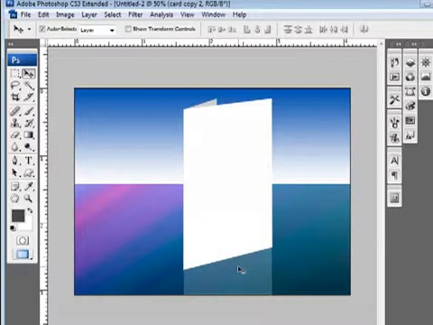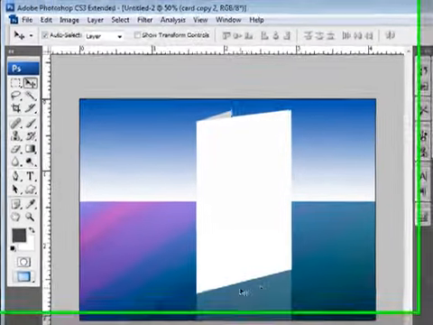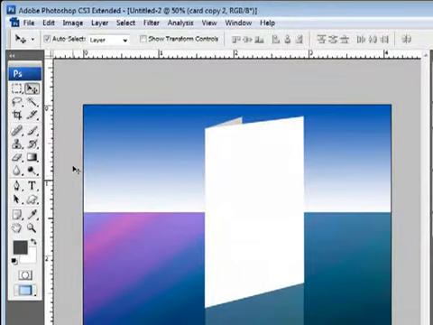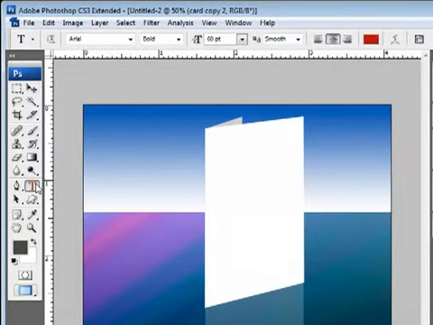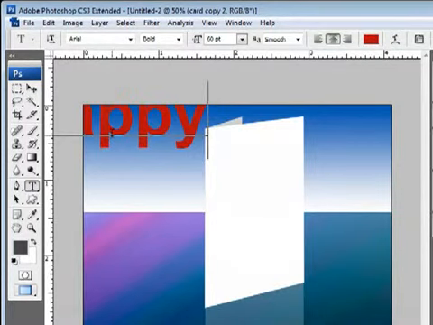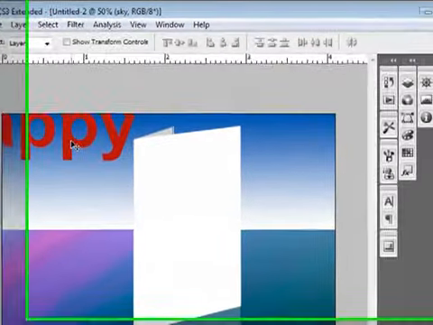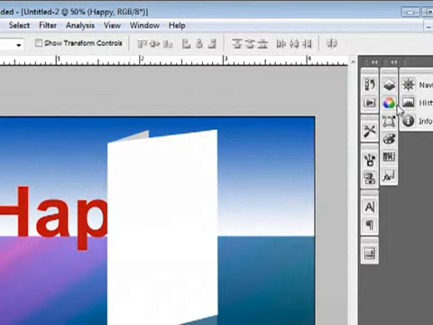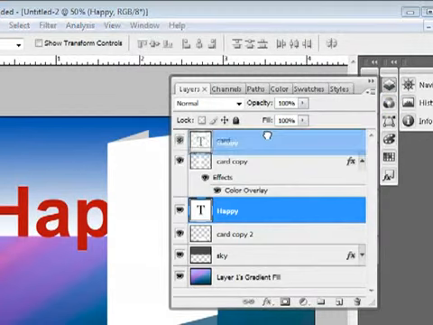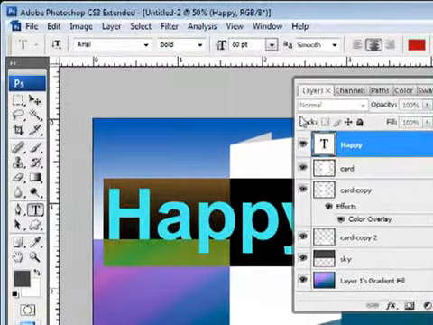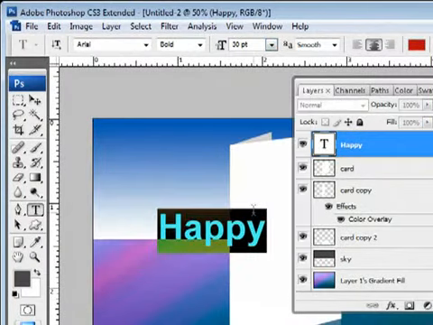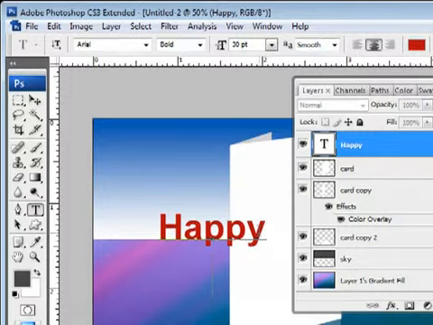Okay, so now that we're done with that, the next step is to actually add the text and the graphics. So let's go ahead and add on some text. First thing is we create a brand new layer, and we're going to type in Happy Valentine's. So happy, and that's really massive, gigantic. So let's just bring that down for a minute here. And I'm going to come to my layers, make sure that's the topmost layer since that'll actually be on my card. I'm going to bring the text size down to about 30, and we're going to put Happy and then Valentine's,